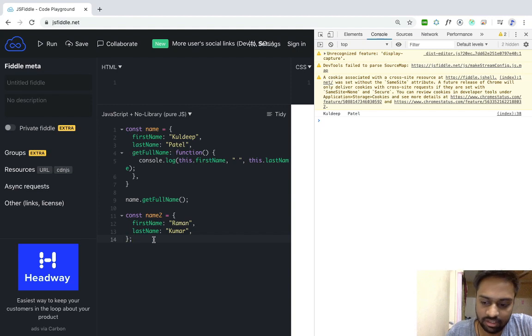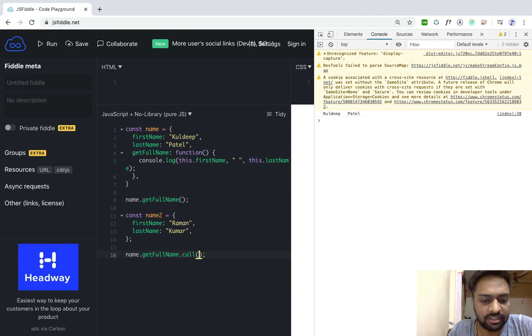So let's call name.getFullName. Every function in JavaScript has these functions call, apply and bind in their prototype. I will show you in prototype. So I will call on this function.